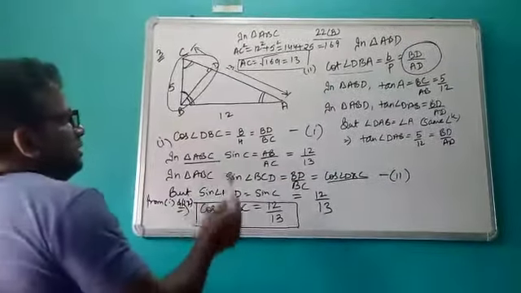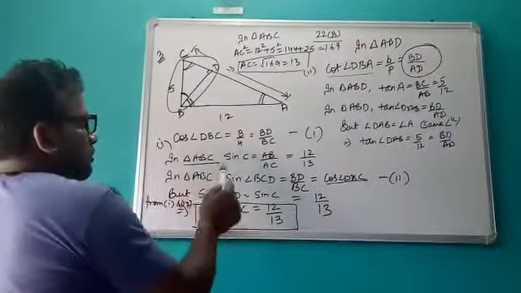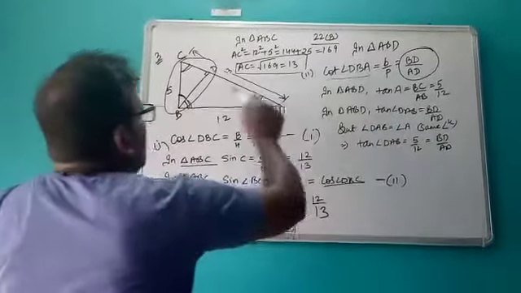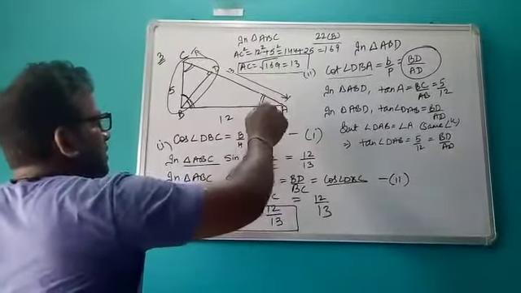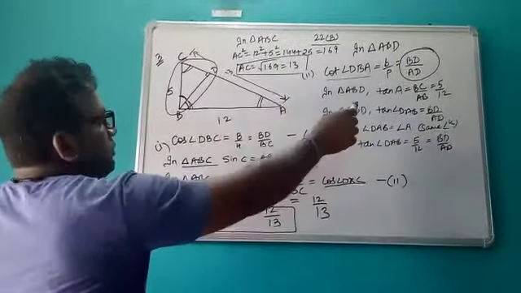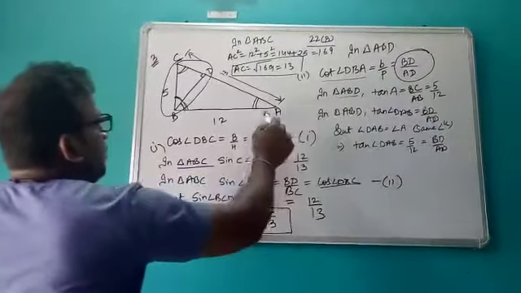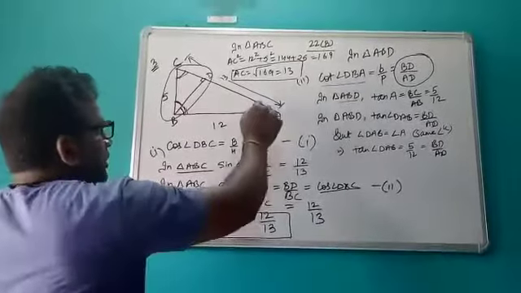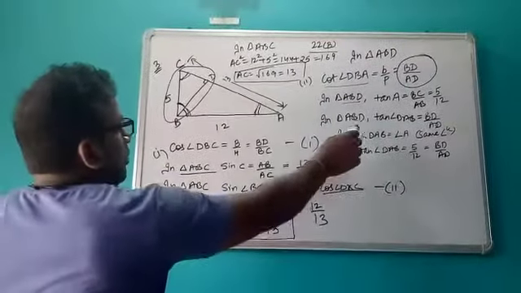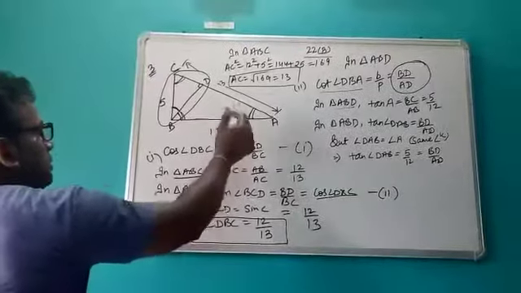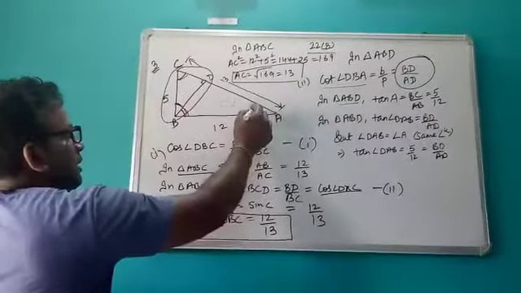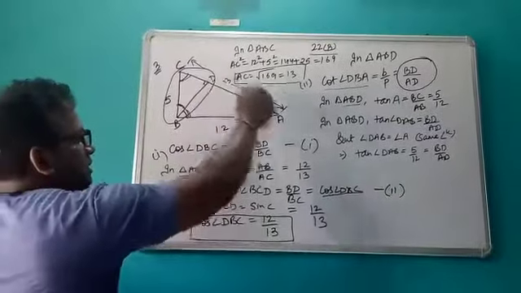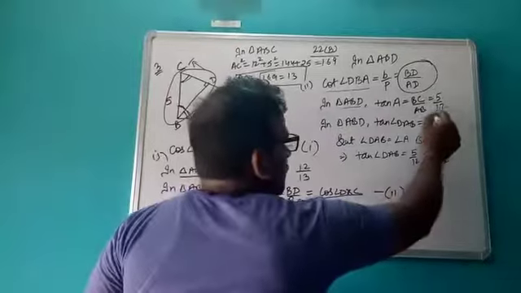In the previous one cos was there, so I took the sine. In this one cot is there, so I will take the tan. So I have taken the trigonometric ratio tan. For the bigger triangle ABC, tan of A is 5 upon 12. Now the same angle I have taken in this small triangle ABD. Tan of this angle DAB is perpendicular, that is BD, upon base, that is AD. So this is our ratio.